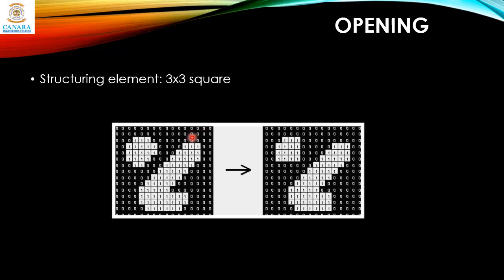So here is one example of opening operation. Here the structuring element we are using is a 3x3 square with all ones. Now we had seen this test image in the previous lecture, and when we had done the dilation operation, this gap between two objects or foreground objects were closed. Now when we perform opening, look at the difference. It is making this element more squarish, so these protrusions are eroded away, and the gap remains the same. Okay, so this is the effect of opening. It opens up the gap between the objects.